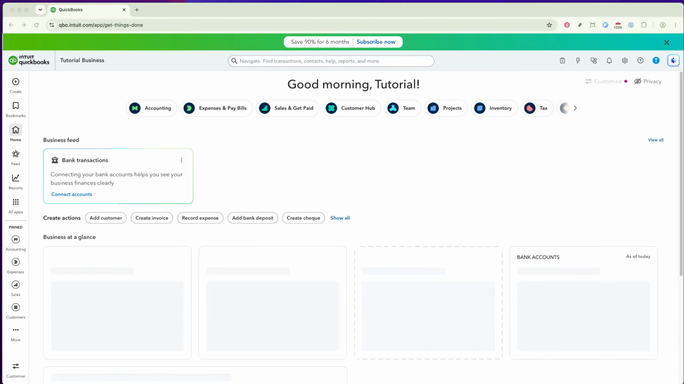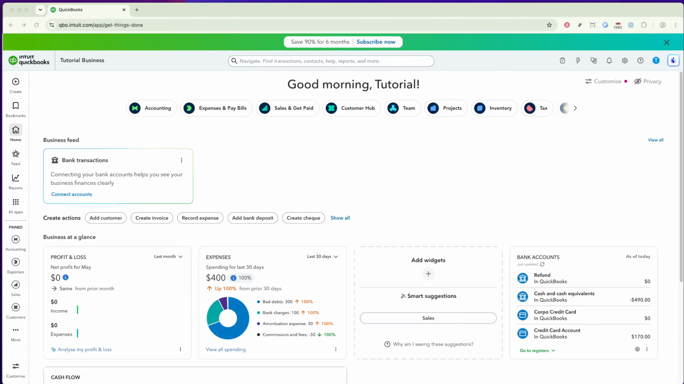In today's video, I'm going to teach you how to record a refund check from a vendor in QuickBooks Online. Whether you're managing refunds for returned goods or correcting an overpayment, QuickBooks Online makes it easy to track and document these transactions accurately. Properly recording a vendor refund ensures your financial records stay up to date and helps you maintain